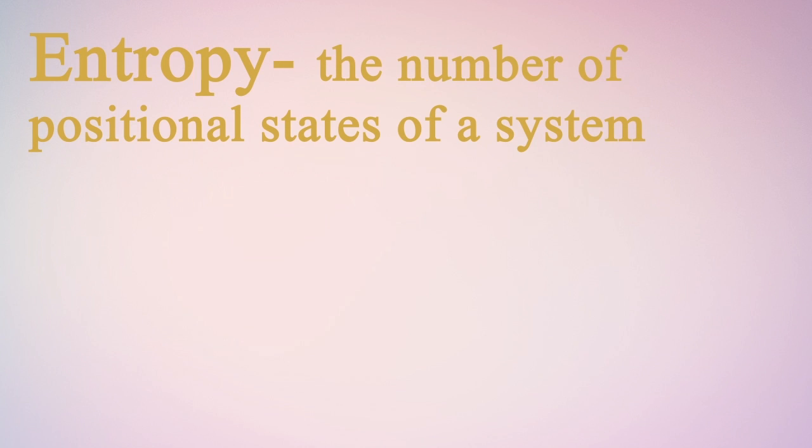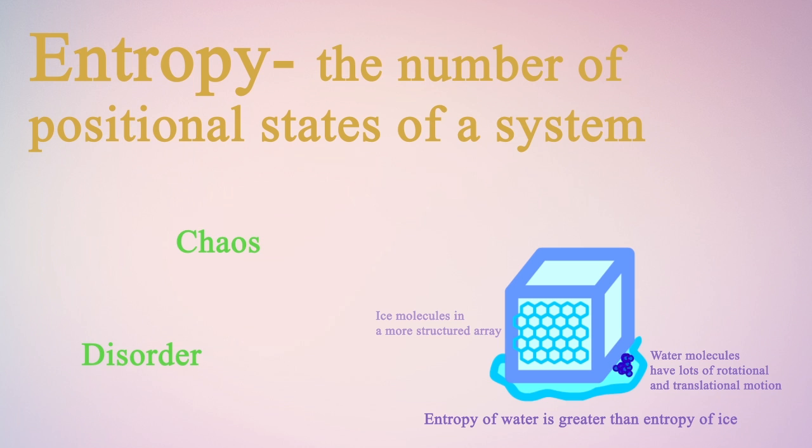Entropy is the number of positional states of a system. As you may imagine, it is difficult to picture every single positional state that every atom and molecule can adopt at any given time in a system. Thus, the definition of entropy is often simplified to chaos or disorder, so that we can begin to imagine what